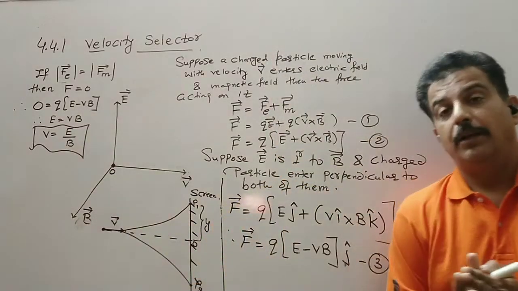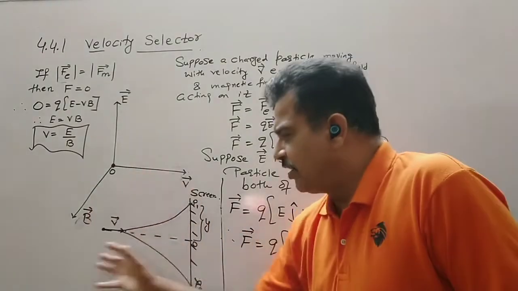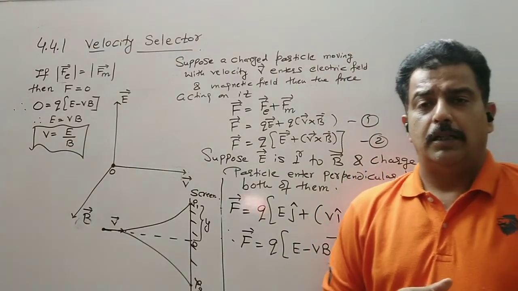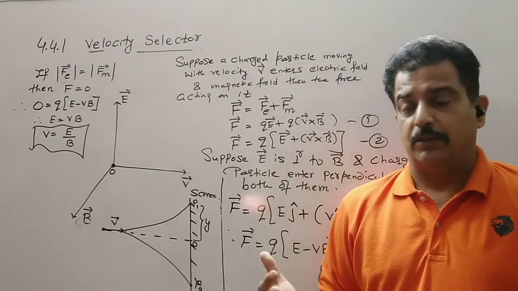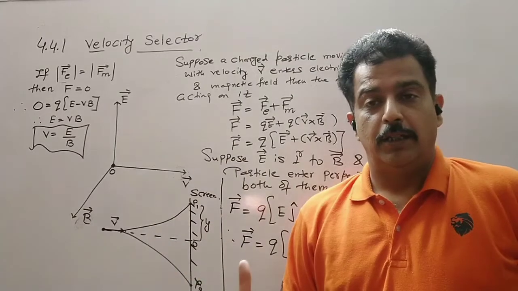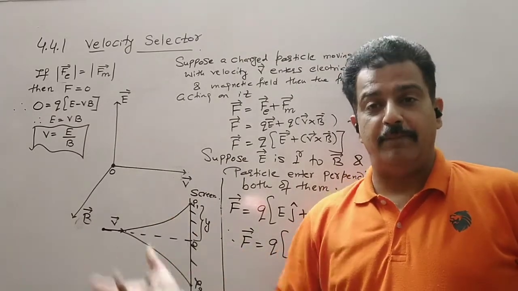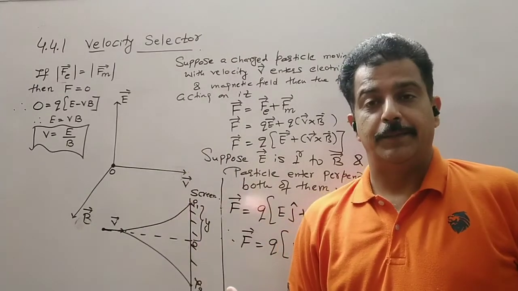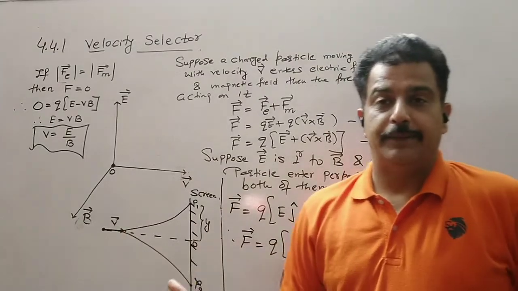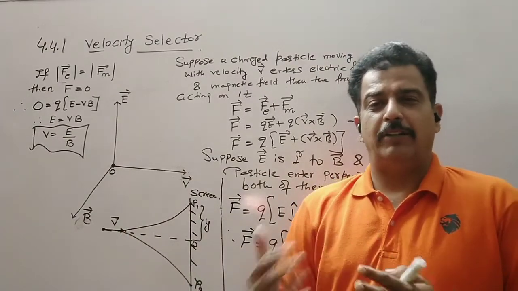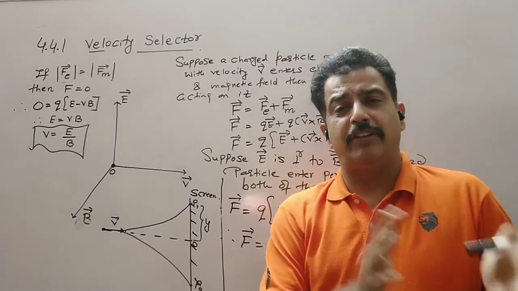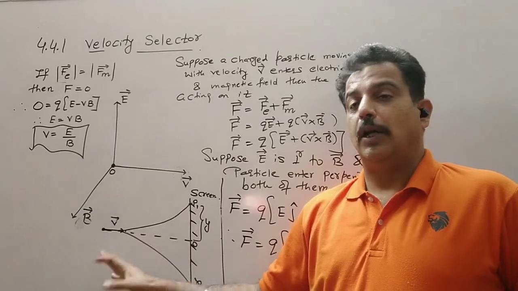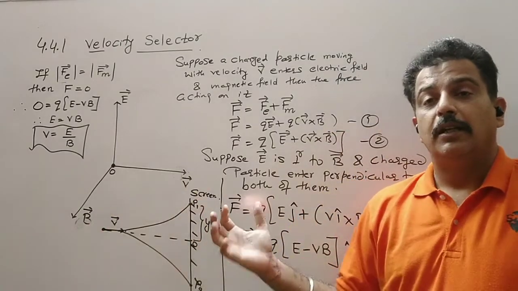So it may be possible that there are many charged particles having different speeds and different masses. Initially, suppose I have particle 1 whose charge is e and the mass is me. Another particle whose charge is 2e, mass is 4me. Like this, I have different charged particles, all moving with different speeds, one having speed v1, another v2. Now all strike the screen undeviated.